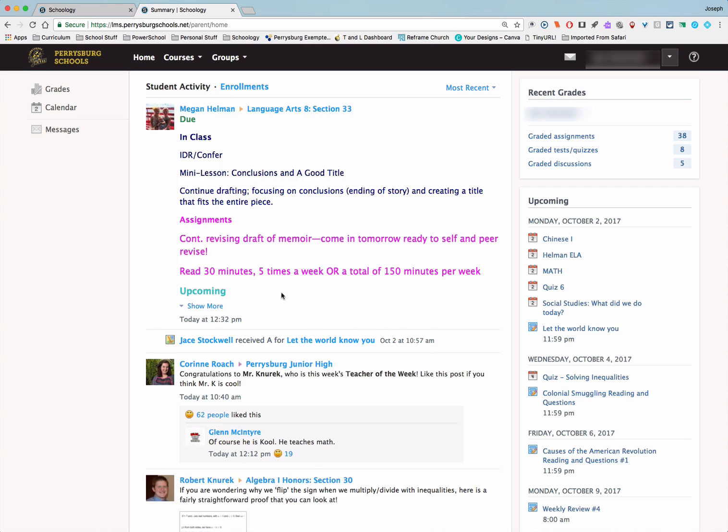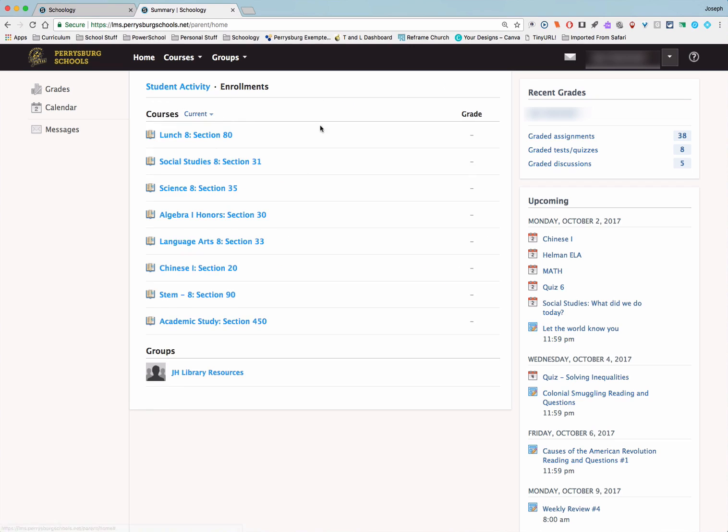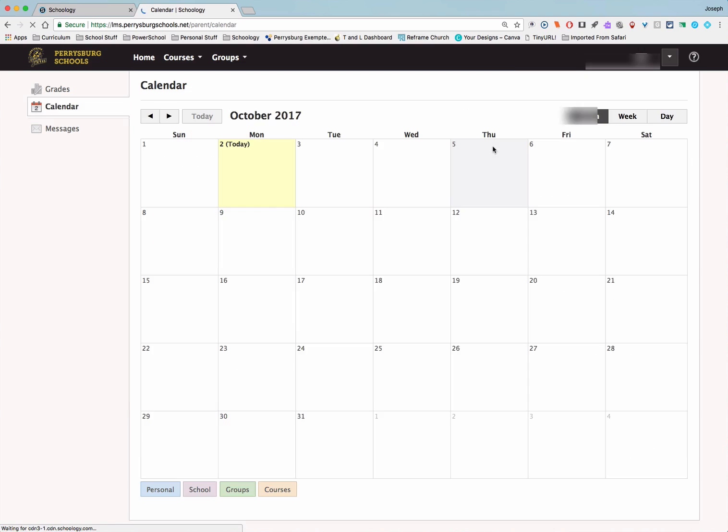Again, same thing here, student activities in the middle, enrollments, I can see what classes, I can also see the groups. Same thing over here with grades and calendar, recent grades, upcoming. Now I do want to show you something a little bit different that junior high does. If I go to the calendar view,